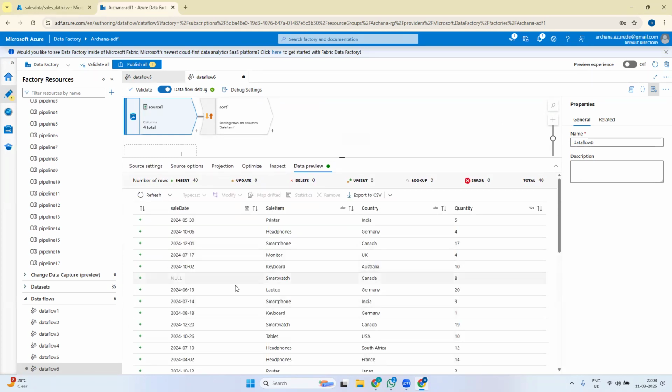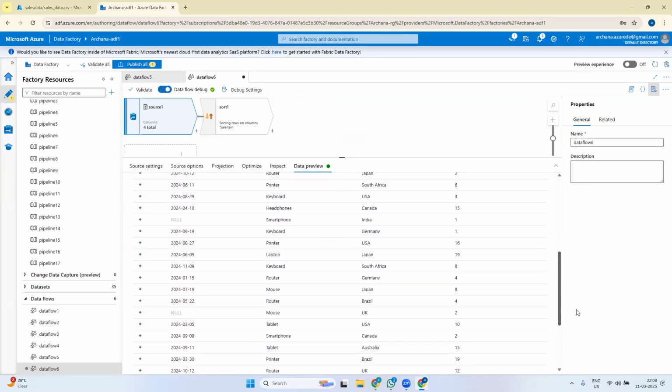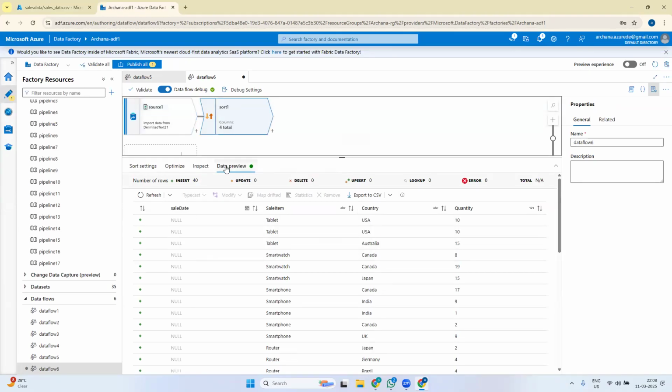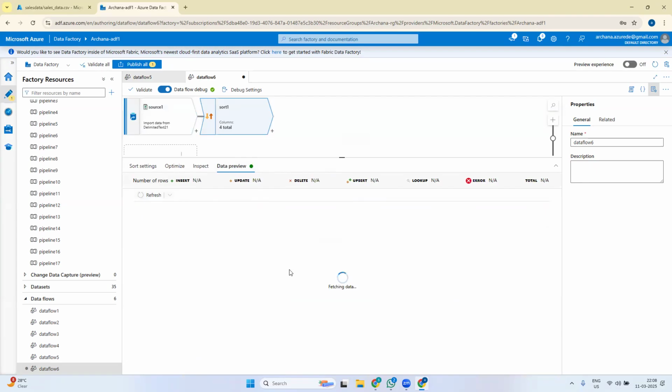So now it is given date. Here null value is coming where the date is not available. Some dates are not available and some dates are wrong. That we'll see. So now after sort, if you see the data preview, refresh it again, you will